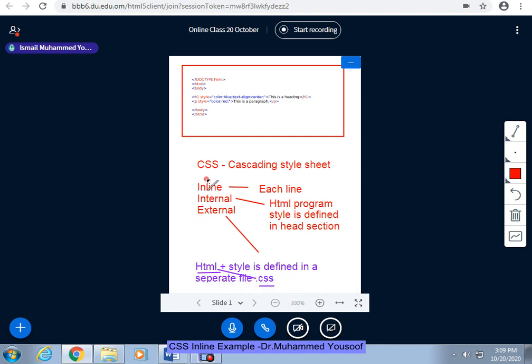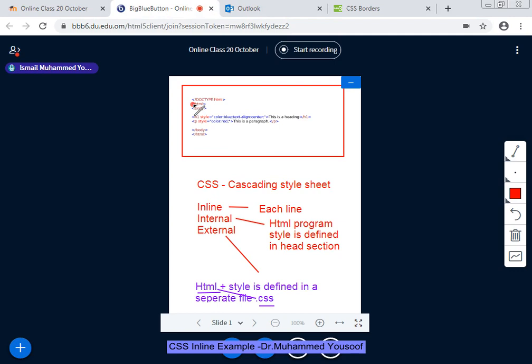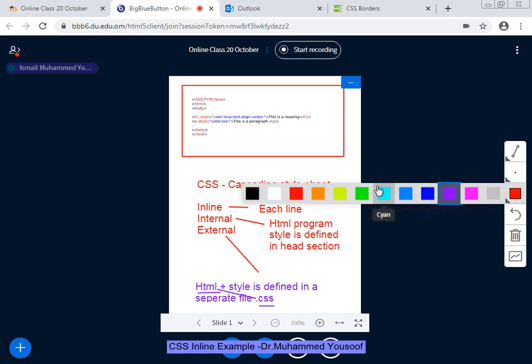So now what is the purpose of our class today? In our class today we are going to take some examples. This code is actually taken from the w3schools.com website. Don't worry about the copyright, because HTML is a common program and it's a simple code which is used in most HTML programs. The code is very simple.